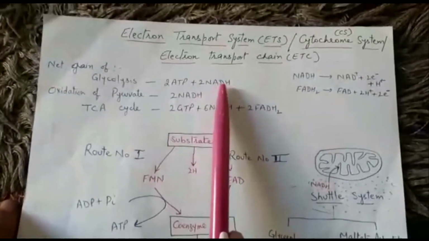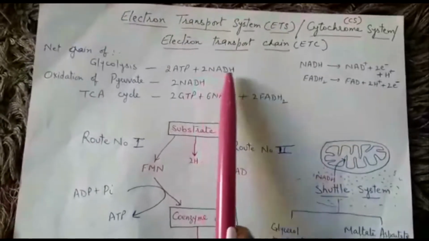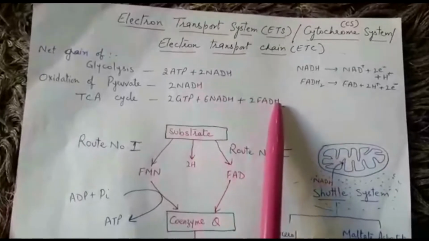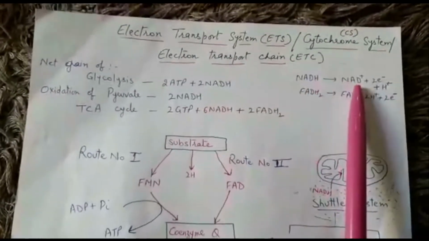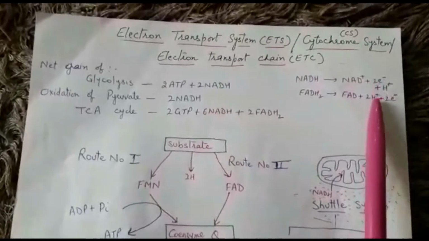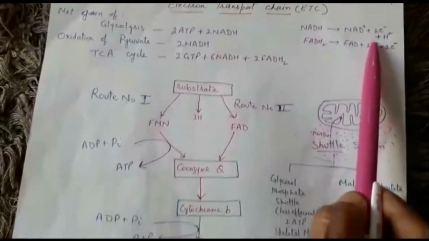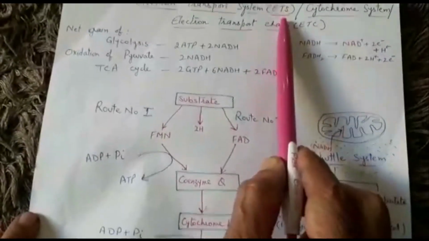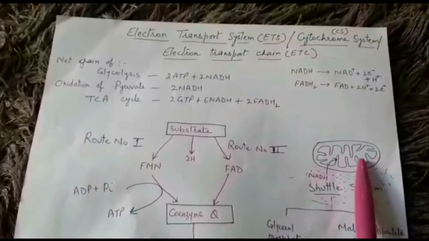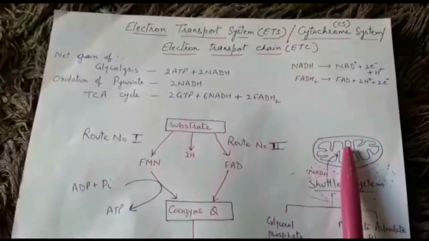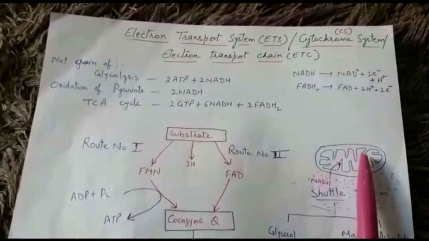The hydrogen attached to them will ultimately combine with oxygen to form water, but it does not combine with oxygen directly. Before that, the reduced coenzyme gets oxidized and releases a pair of electrons. These electrons pass through the electron transport system. This electron transport system is located on the inner membrane of mitochondria, which is raised into cristae. There are about 17,000 electron transport systems per mitochondrion.